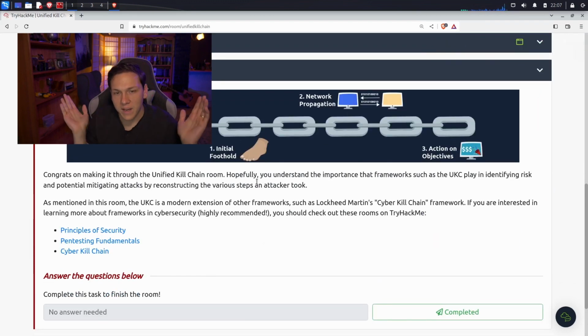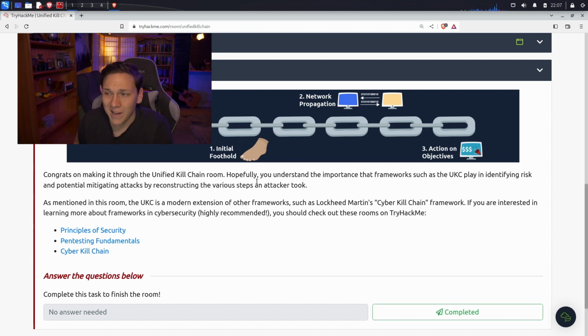Conclusion. Congrats on making it through the unified kill chain room. Hopefully you understand the importance that frameworks such as the UKC play in identifying risks and potential mitigating attacks for reconstructing the various steps an attacker took. As mentioned in this room, the UKC is a modern extension of other frameworks such as Lockheed Martin's Cyber Kill Chain framework. If you're interested in learning more about frameworks in cybersecurity, we would highly recommend the other rooms in TryHackMe: Principles of Security, Pentest Fundamentals, and Cyber Kill Chain,